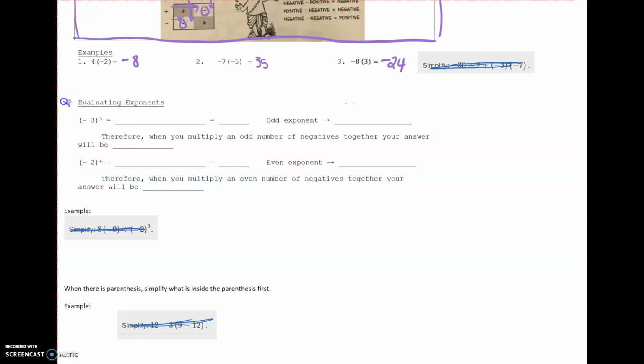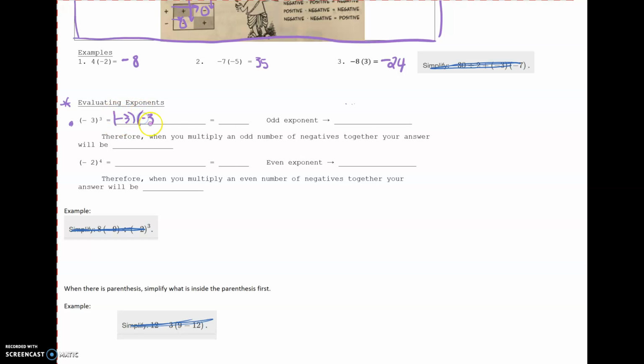The next kind of big thing that goes with multiplication is evaluating exponents. And when we're talking about exponents, the number that is in the parentheses for both of my examples is what you call the base. Okay, and the little number kind of as a superscript, which is the number on top, kind of in smaller handwriting, is called the exponent. That number tells you how many times you're multiplying the base. So the base for my first example right here is a negative 3. So I am multiplying negative 3